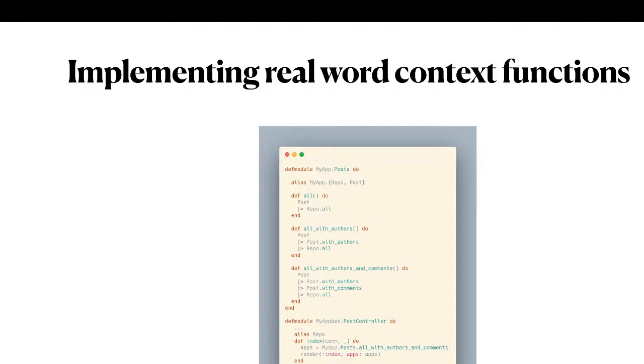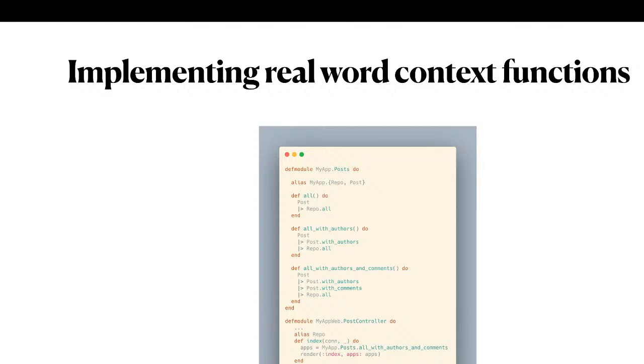If you want a post with all authors and comments, you make sure that your query does that. And now if you want the post with all authors of the post, you create a specific one. Now you can use this function specifically on the place that you want. Some people might say that's a good approach because then your intention is clear. Your function is not going to be used in multiple places. But I was wondering if we can do better.